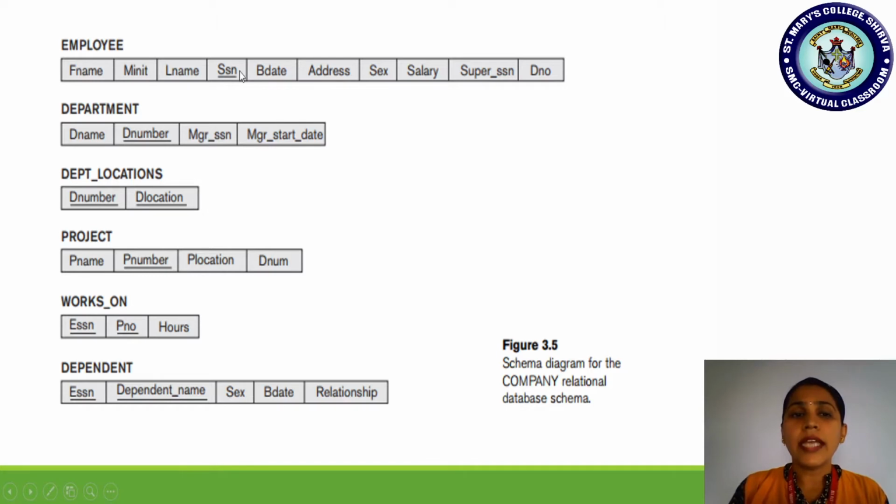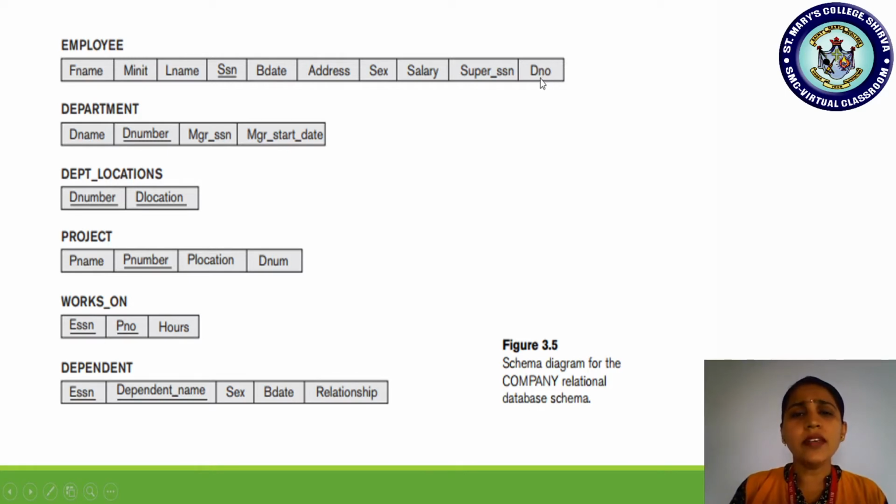So any primary key of a relation. So SSN, the primary key of employee relation. Okay, those primary key values are found in the department relation, in another relation. So in such cases, we call those primary keys participating in another relation as what? Foreign key. Okay. So similarly here, in the employee relation, we are having DNO.